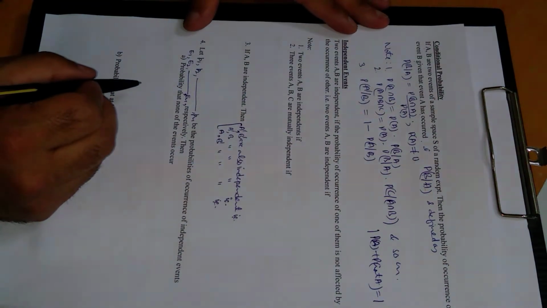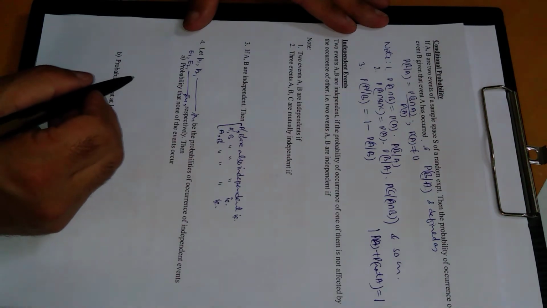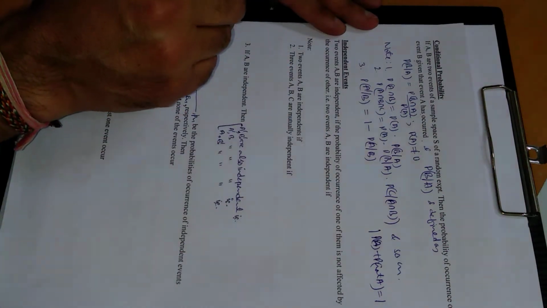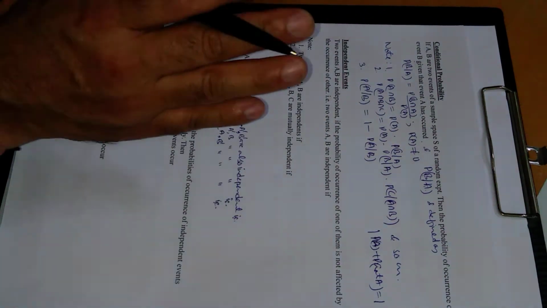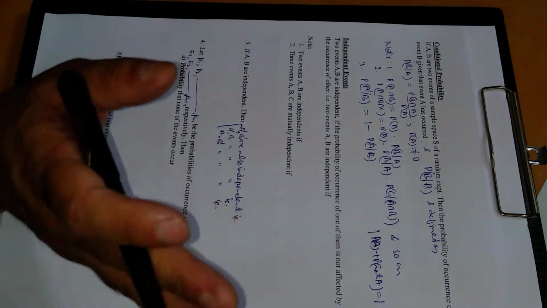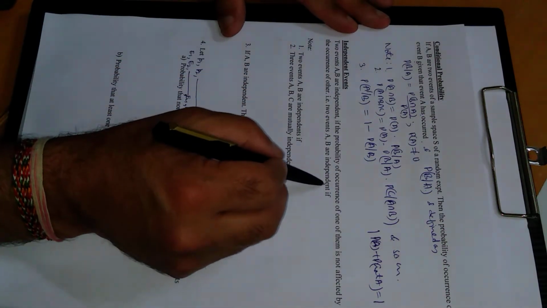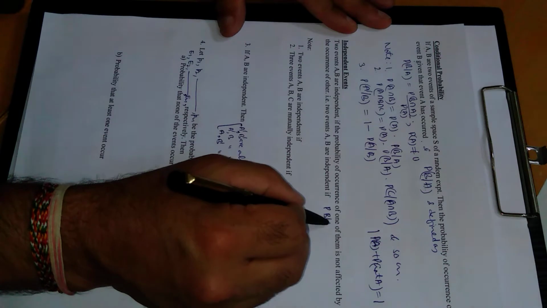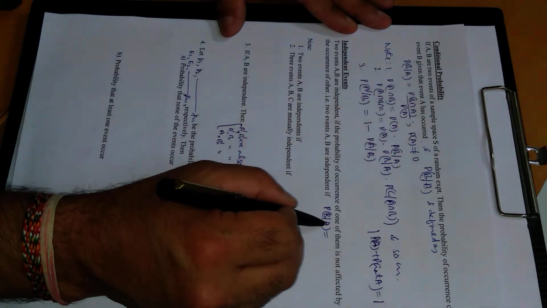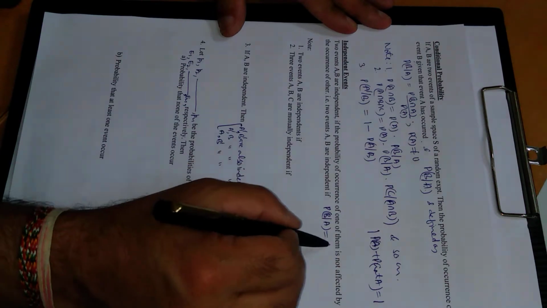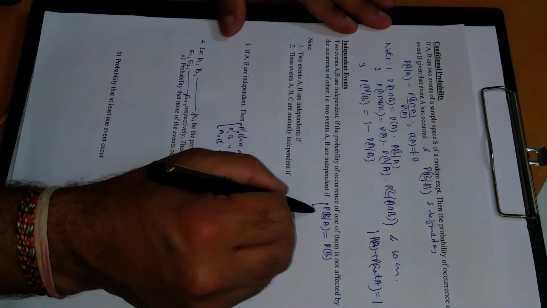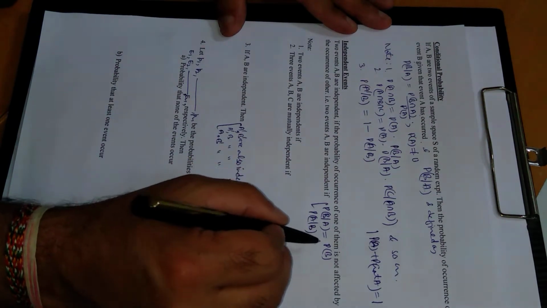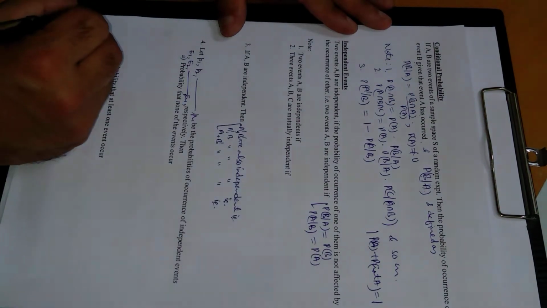Now come to independent events. Two events are independent if their probability is not affected by the other. For example, the probability of A will not be affected by B and the probability of B will not be affected by A. So these are occurring at different times, so independent. That is, two events A and B are independent if the probability of B when event A has already occurred is simply the probability of B, because A and B are independent. Similarly, the probability of A when event B has already occurred will be simply the probability of A.